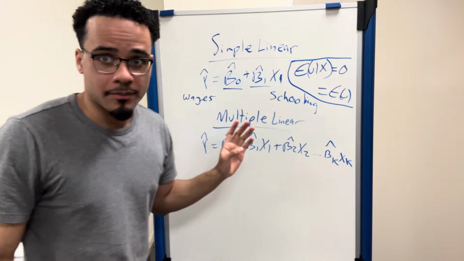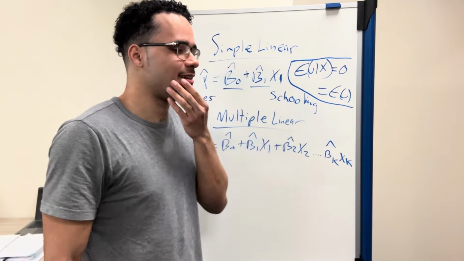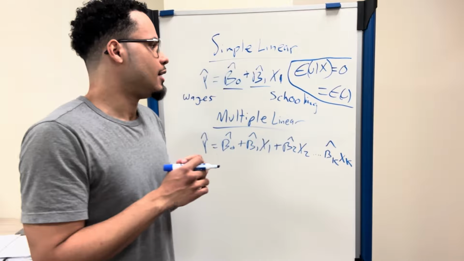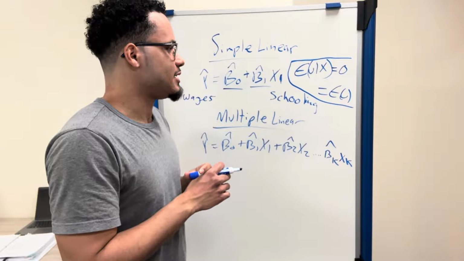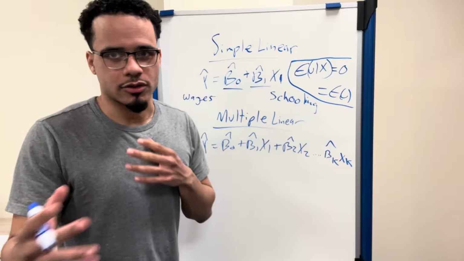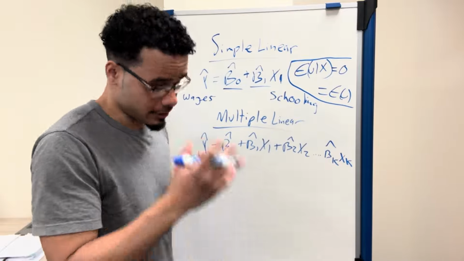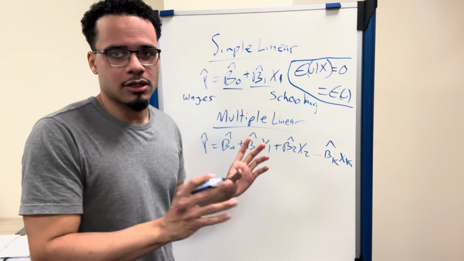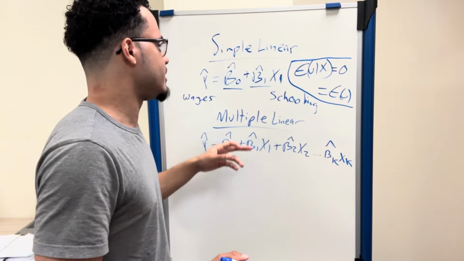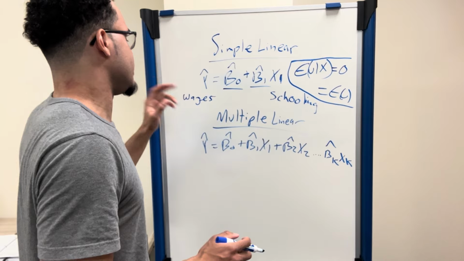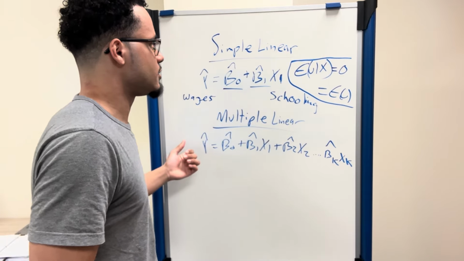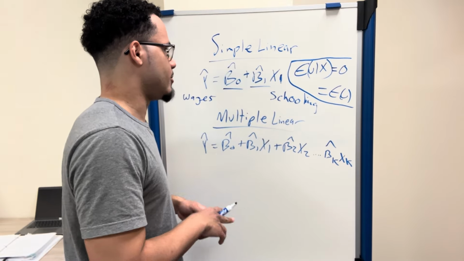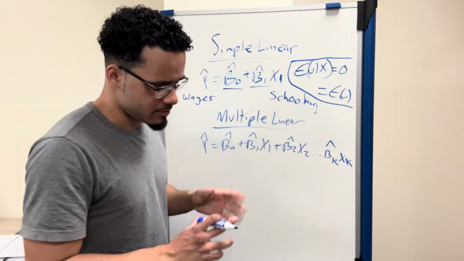The problem is that's not very realistic, because typically there's a whole bunch of other confounding factors that would distort the exact relationship between schooling and wages, and make the causal inferences that we want to develop less plausible. So what I mean by this is